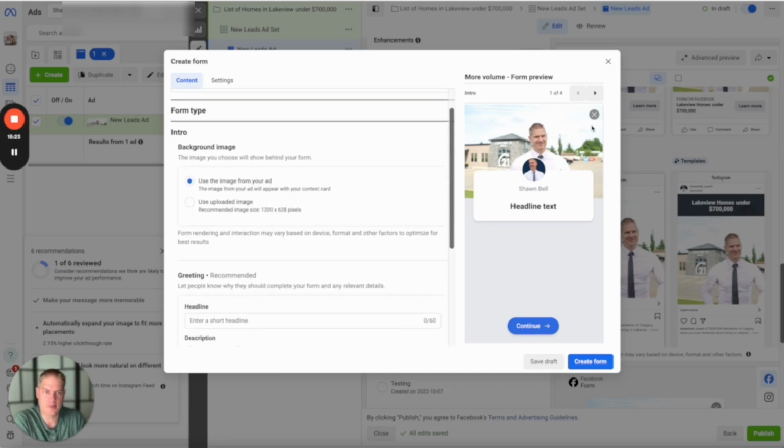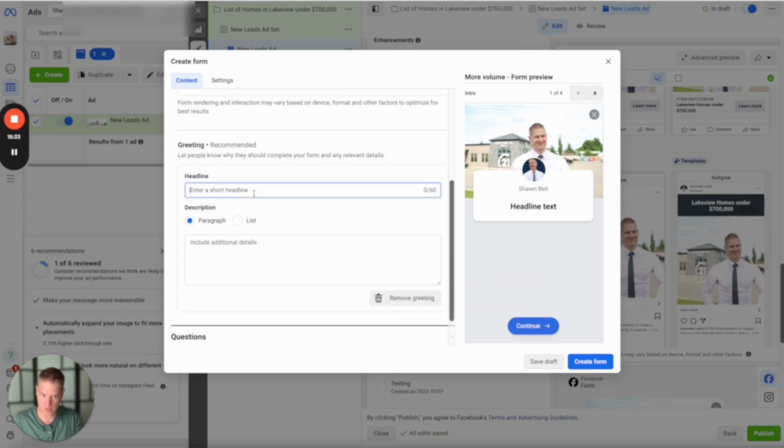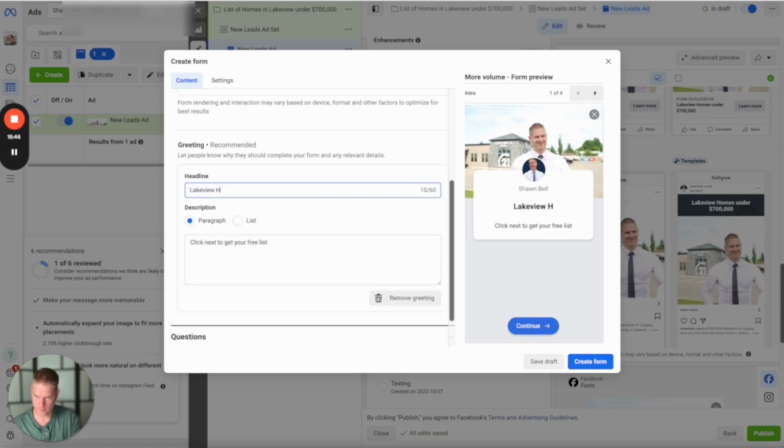Intro, use the image from your ad. So when they do click on the form, it's still showing that same image. That way they know they're still in the same spot. It doesn't feel like they're tricked and going somewhere else. Let's say click next to get your free list. Something like that. Or what you could do is take this, put it down here, and then say Lakeview homes